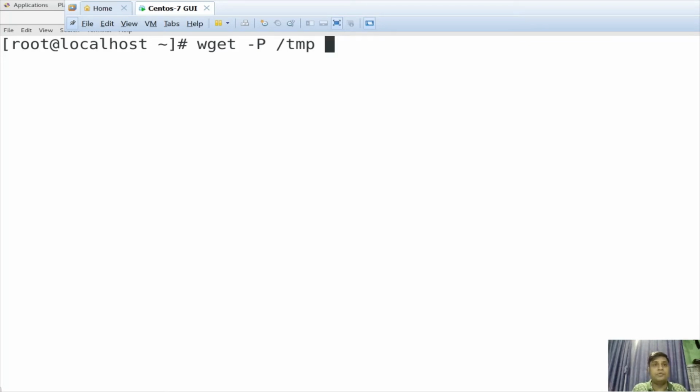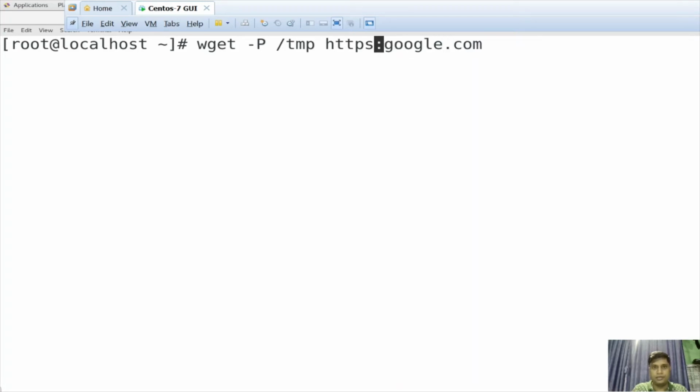So write wget -P /tmp and your URL, https://google.com. I want to open this URL, right? So once you enter, see the mistake,